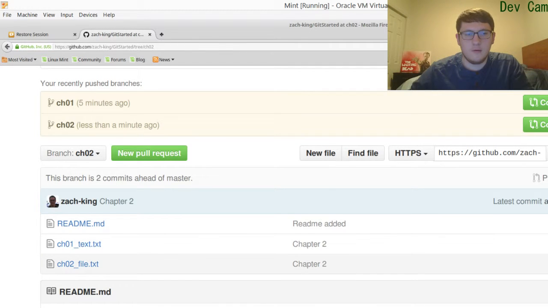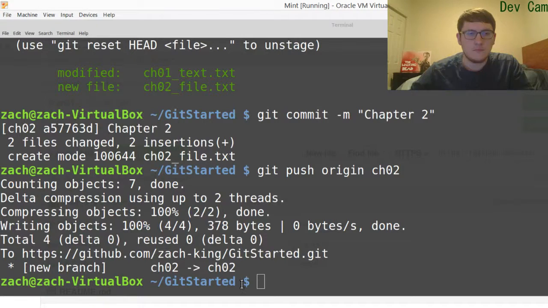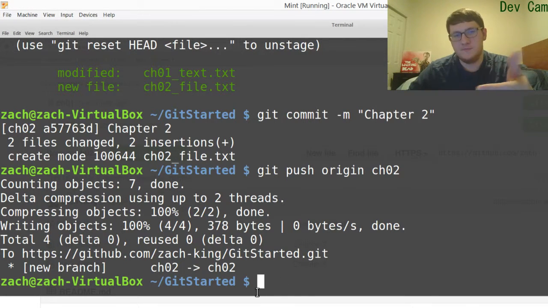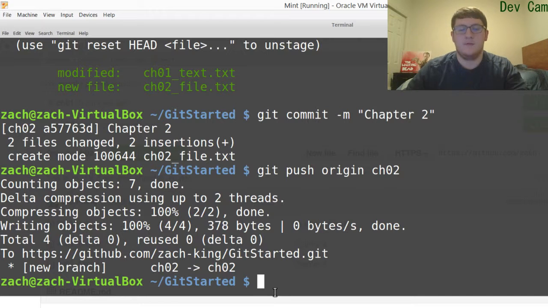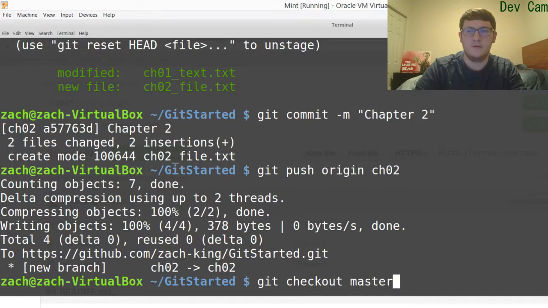Alright, so what are we going to do next? Well, let's say there's only 2 chapters of a branch like this, and we want to merge them. So we finished the book or whatever project we're on, and we would like to merge all these things together because we're done creating them all. So I can do this if I move back to the master branch,